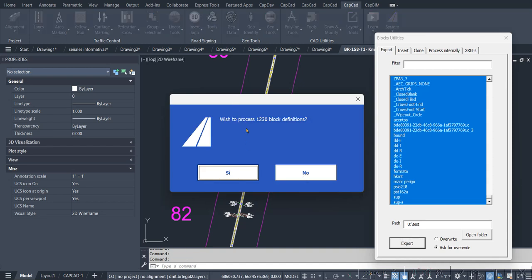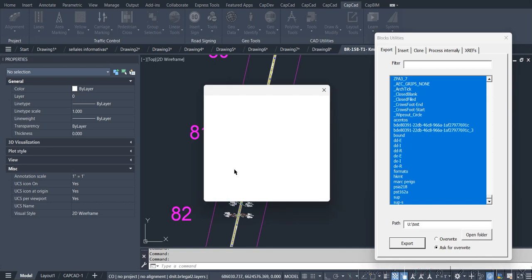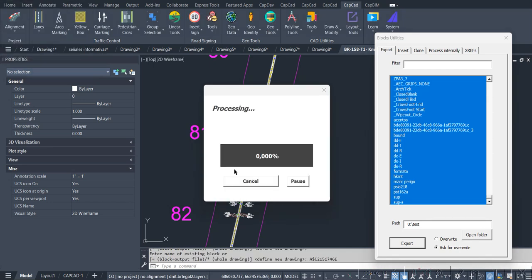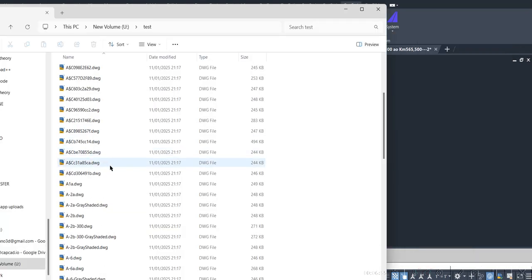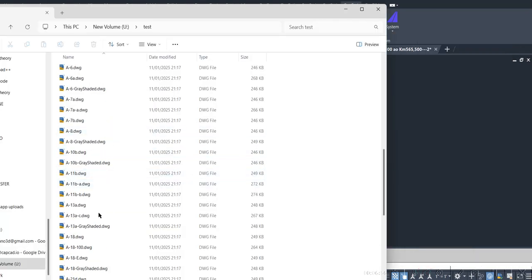It prompts you before proceeding, then you can proceed. You can cancel anytime if you need. So in my folder here, it has extracted all blocks that I had in that drawing, which can be really